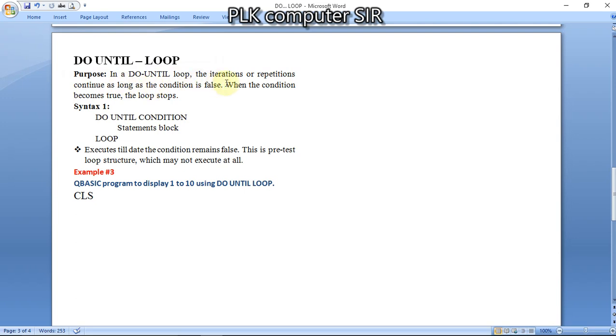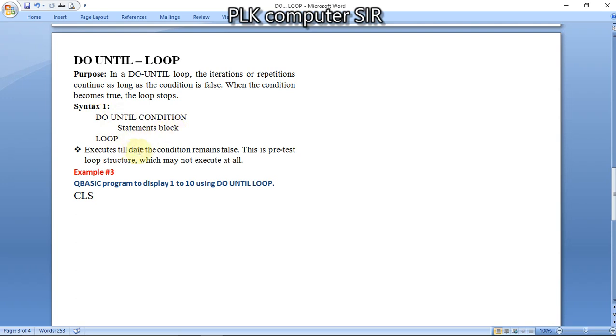If the condition is false it will work, and when the condition becomes true the loop will stop. This is the syntax of do until condition, statement block, loop; instead of while we are using until. So what is the major difference between do while loop and do until loop? In a do while loop, if the condition is true then only it will work, but in a do until loop, if the condition is false then only it will work.